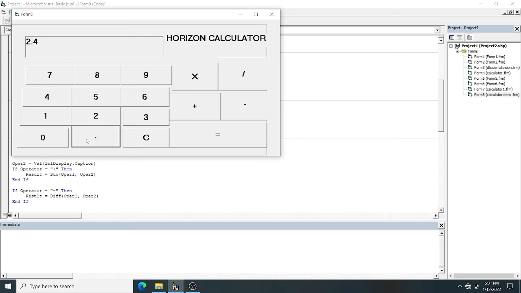So we have to code for that, because if I want to type 2.6, it is not coming. If I'm dividing 89 by 6, the answer is coming, but if I want 25.63, it is not coming, because we have not coded the decimal point.